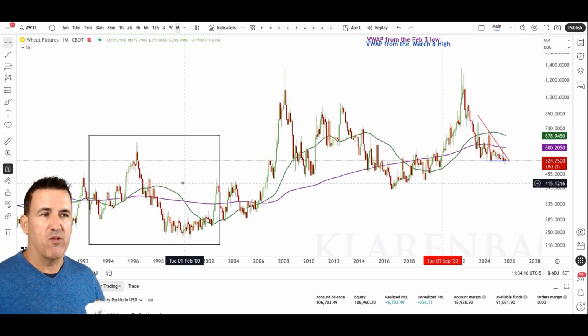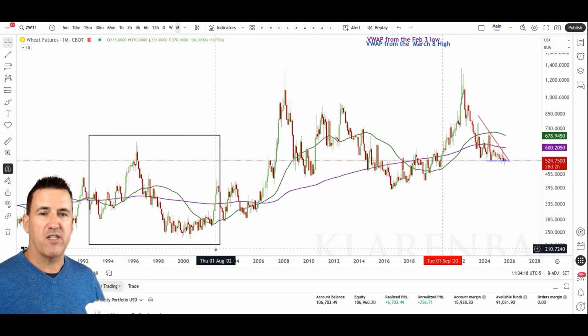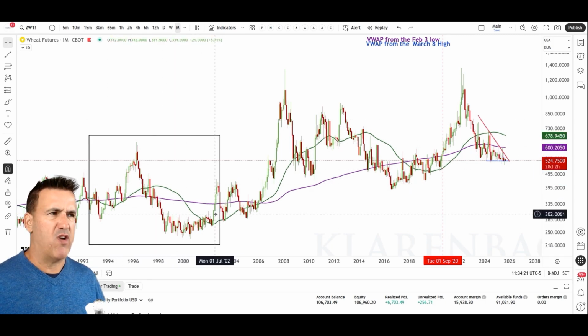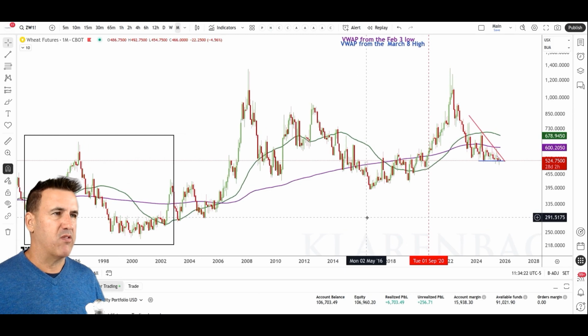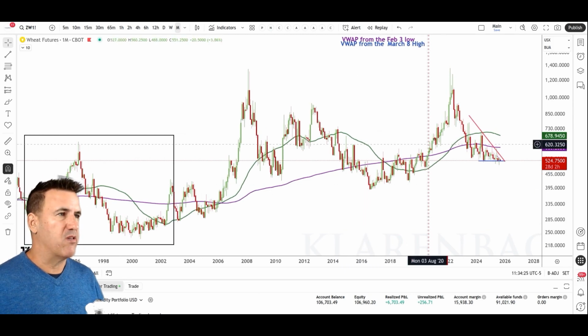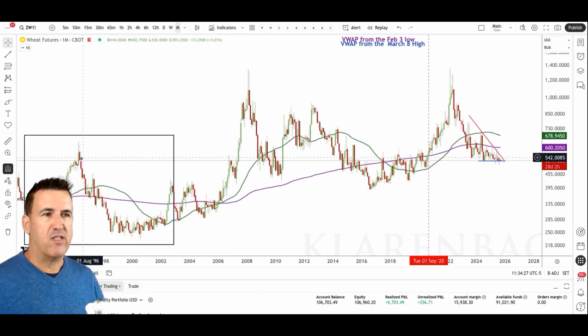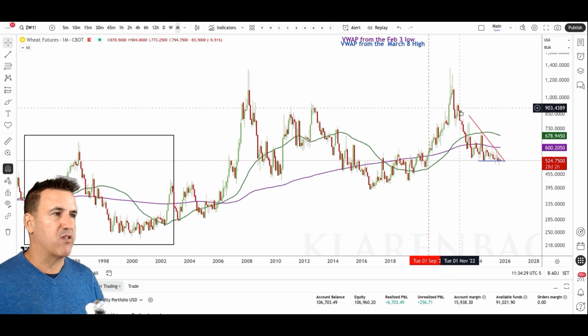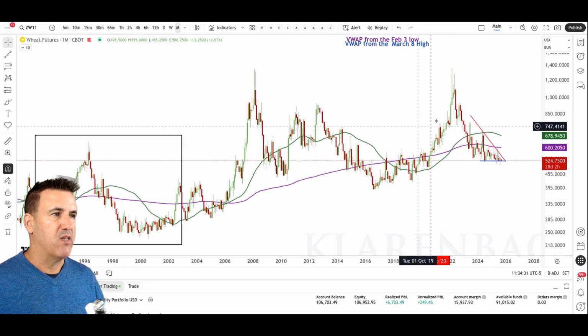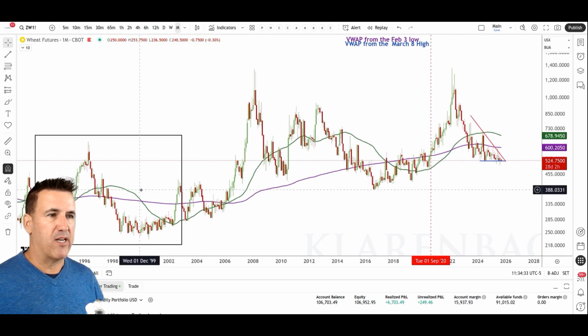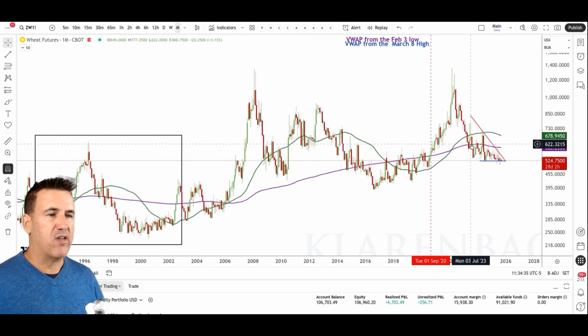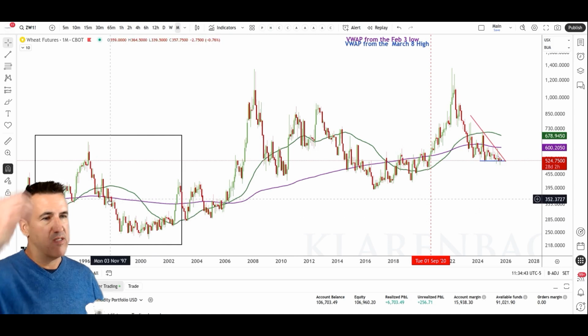I showed this here a few months ago. I have this little box in here representing this fractal. And you know what? If you close one eye and open the other, you might see how this fractal looks very similar to this one over here, right? The reason is you have this rally and this pullback, but look at the relationship between these moving averages, right? So we have the price trading below, consolidating below this.